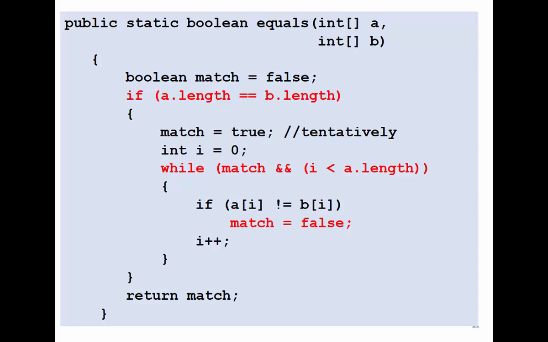So this is an example. We'll check for equality. As you can see, the first thing we check is whether the 2 arrays have the same length. If they have the same length, then match is true. Then we iterate over each element, and we use the while loop to check if these elements are equal. Once we find elements not equal, we set match to false and exit from the while loop. You can also use a for loop and the break statement to exit the for loop when implementing equality. Any questions?